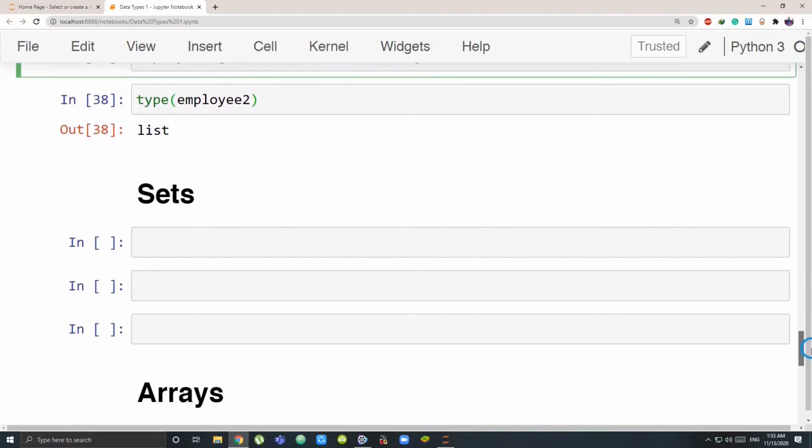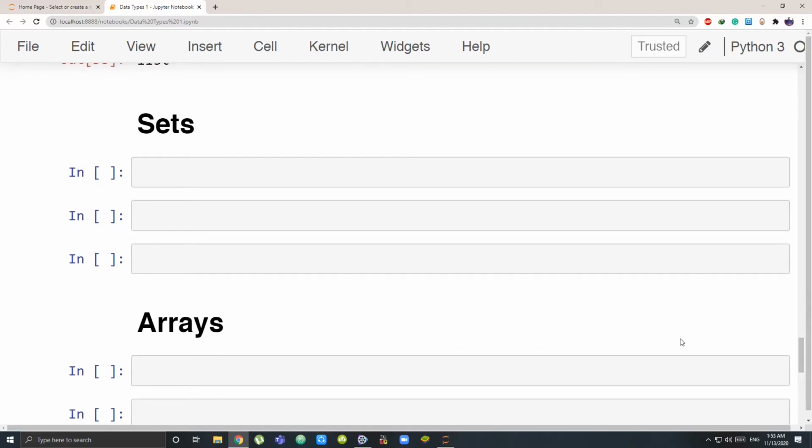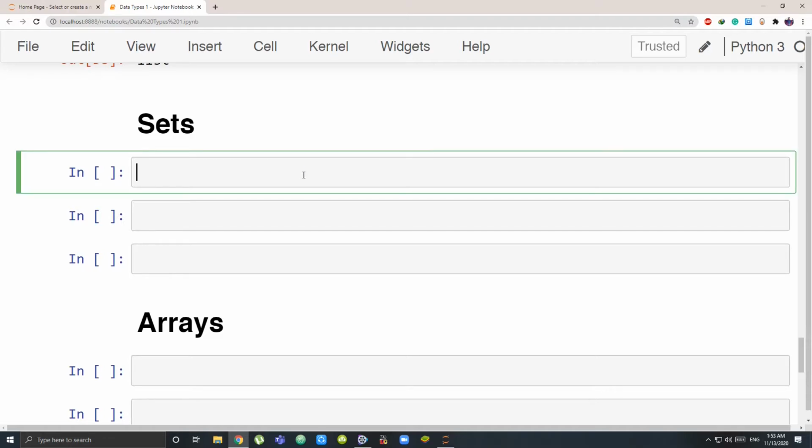Next comes set. A set is a collection of different data types together, same as what we saw in the previous collections, but there is something different over here. You might know sets from mathematics. The same meaning comes here. So let's write a set 1. Then we learn about it. You have to write a set in curly brackets. So let's say, and obviously you should remember, I'm just taking 1, 2, 3. These are my 3 numbers, and one more number 5, and one more number again 2. So this is my set 1.